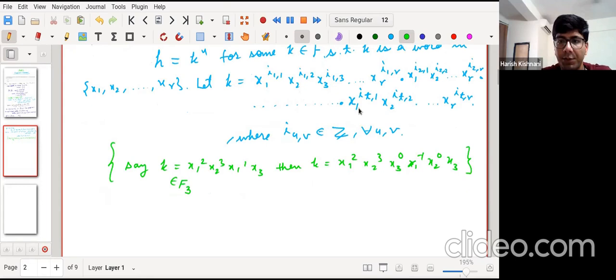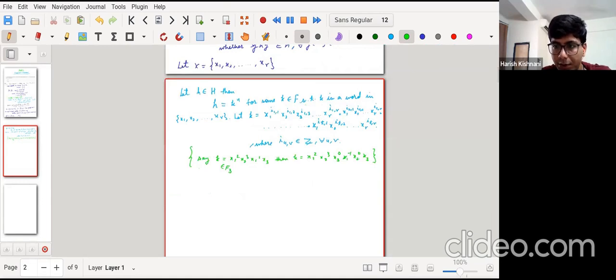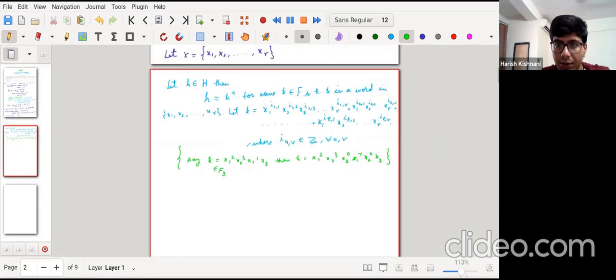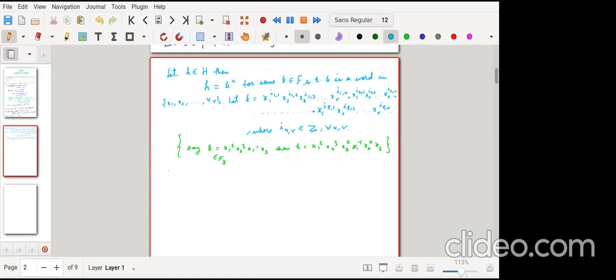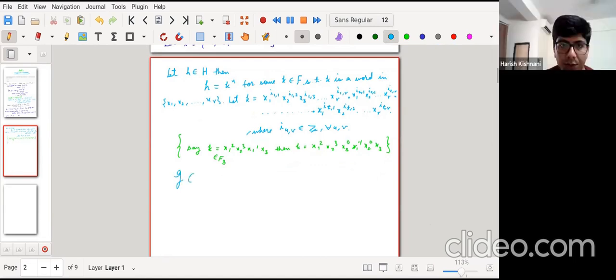Okay, so I'm just taking an arbitrary element of this F. It is looking weird, but to work with an arbitrary element we need to do that. Now we have picked an arbitrary element of H. We need to check whether its conjugate is inside the H. Yes, you want to say something?